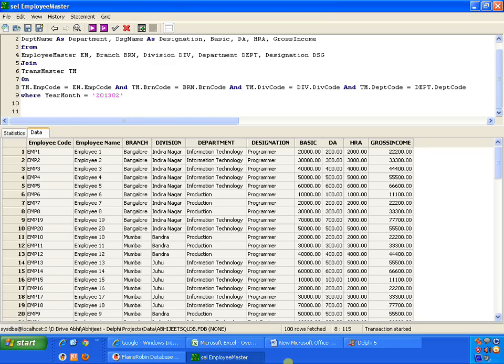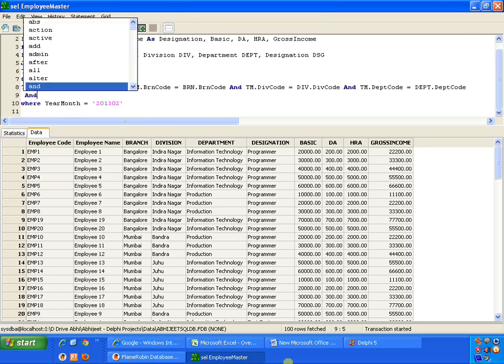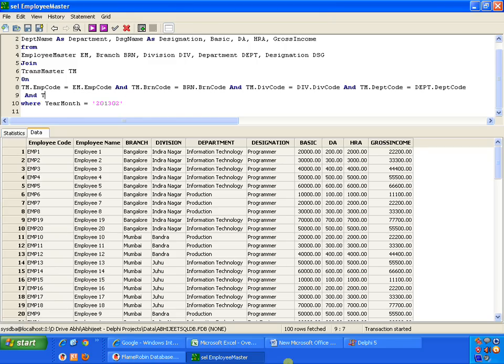I think we have missed out the designation here, so tm dot dsg code is equal to dsg dot dsg code. I think we should get records for only 1 month. Just execute. Yeah, now we got records for only 1 month,